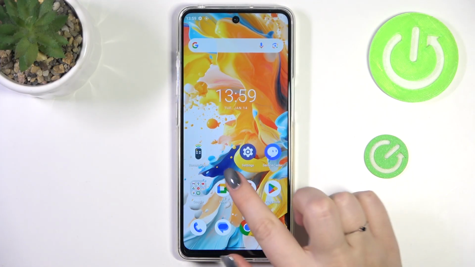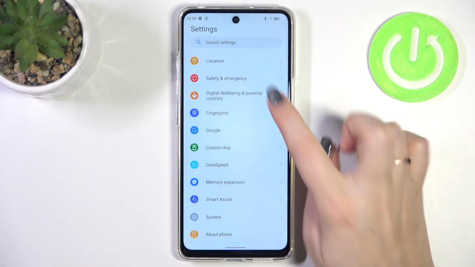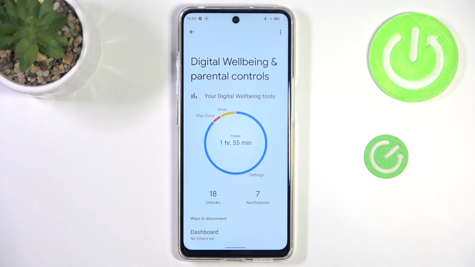So let's start with opening the settings, and here we have to scroll down to the very bottom to find digital well-being and parental controls. And here we've got the graph which will show us for how long we've been using this device today. So in my case it was almost 2 hours, and most of the time I've spent on the settings than